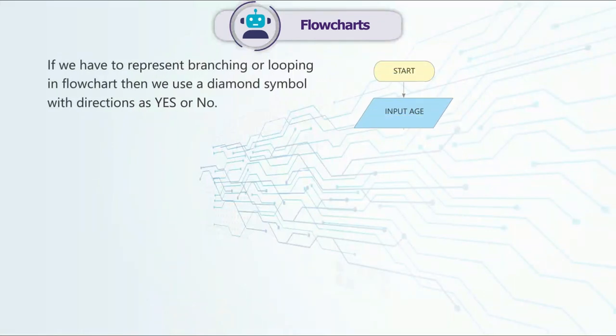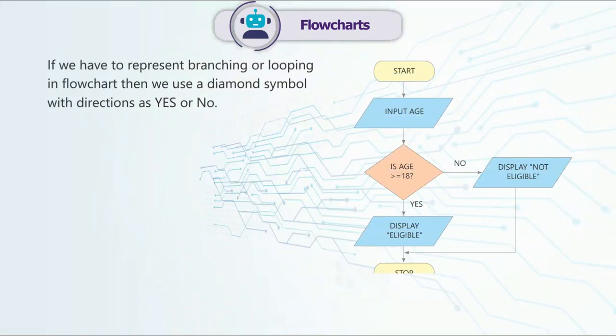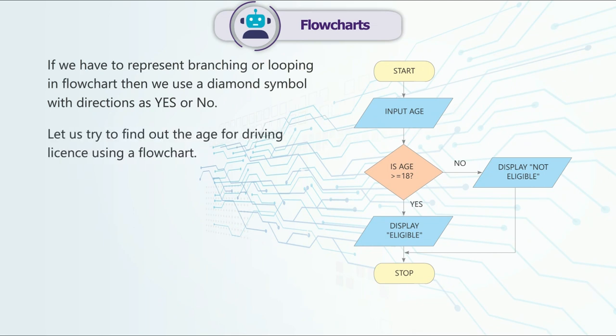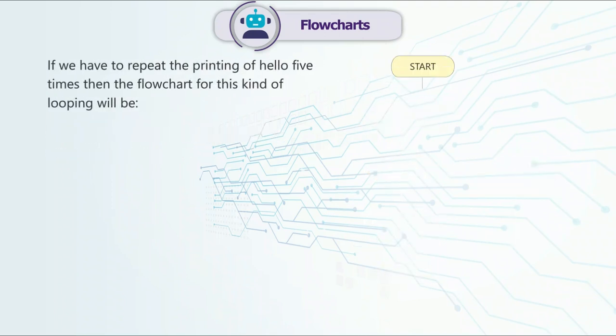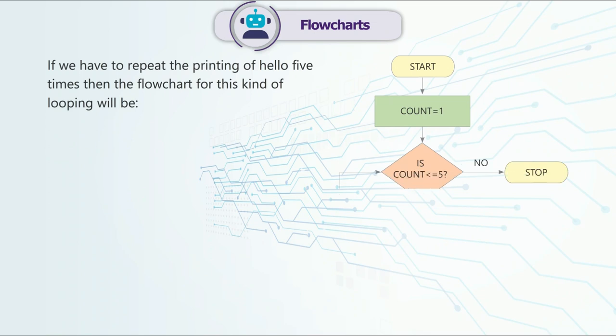If we have to represent branching or looping in flowchart, then we use a diamond symbol with directions as yes or no. Let us try to find out the age for driving license using a flowchart. If we have to repeat the printing of hello 5 times, then the flowchart for this kind of looping will be